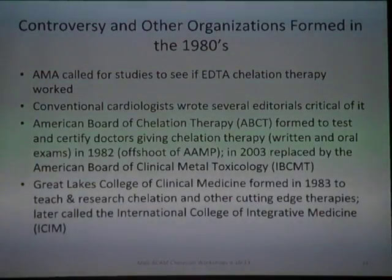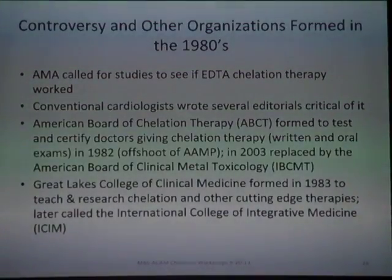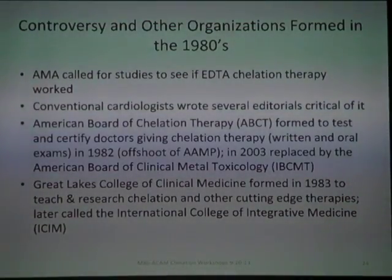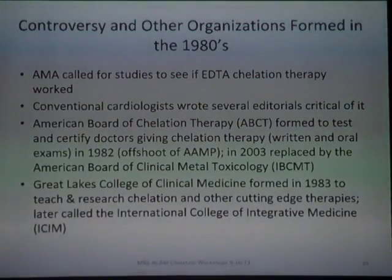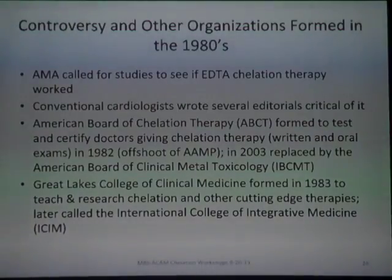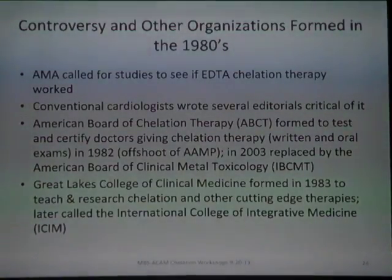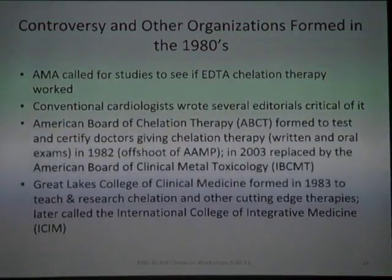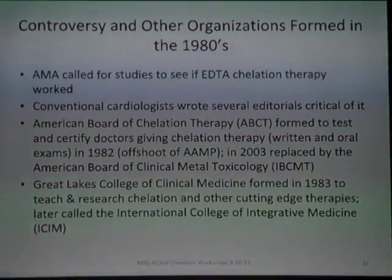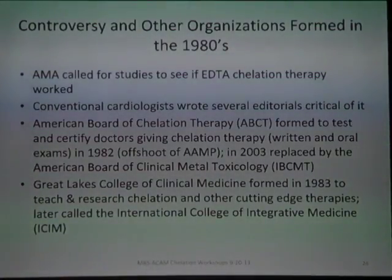However, several medical schools got interested. University of Michigan had some interest. That faded away. University of Kansas had some interest. I went out there with Rudolph and McDonough, and they looked like they were going to do it, but then they didn't. And University of Washington out in Washington State came so close that on the day they were supposed